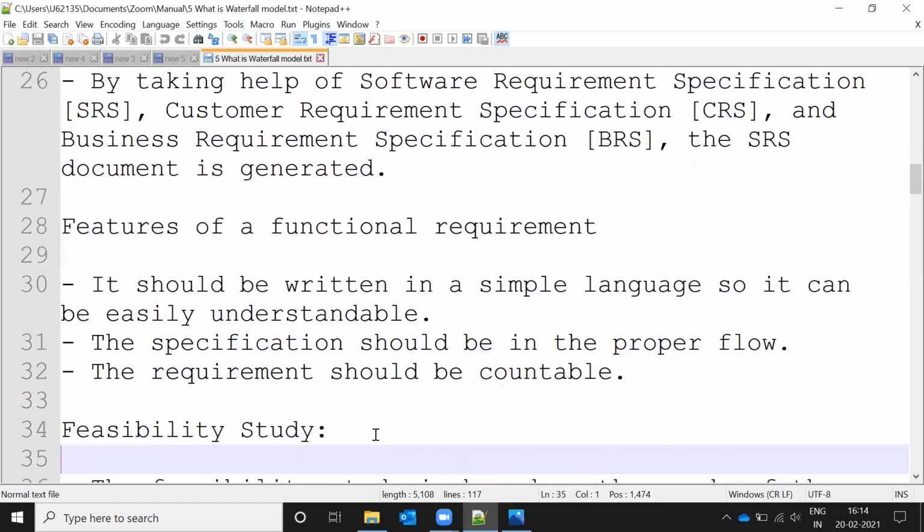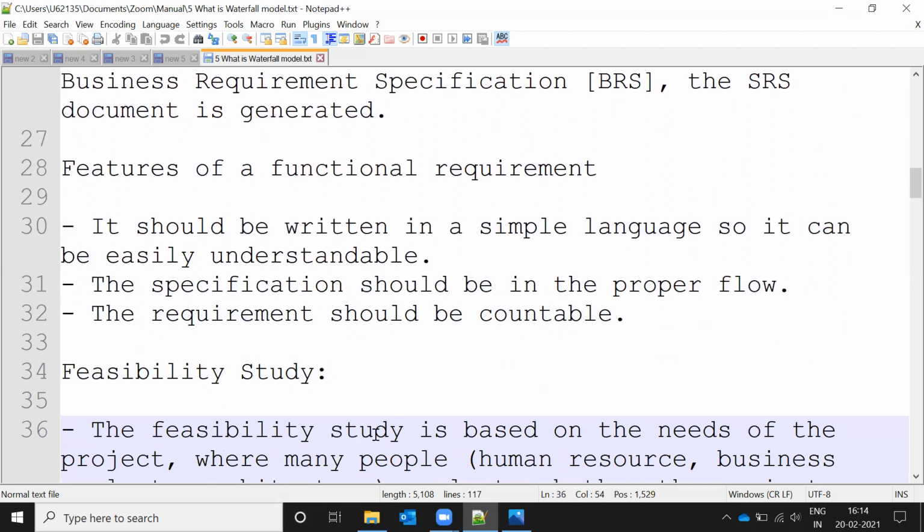Here are the features of the waterfall model. Each model has some features. It is written in simple language so it is easy for stakeholders to understand, and the specification should be in a proper flow. Once you start the first flow, you have to go to the end. You need to prepare the flow.